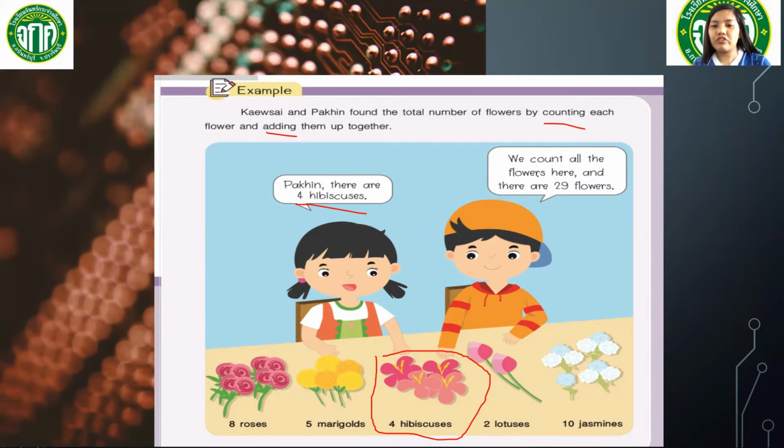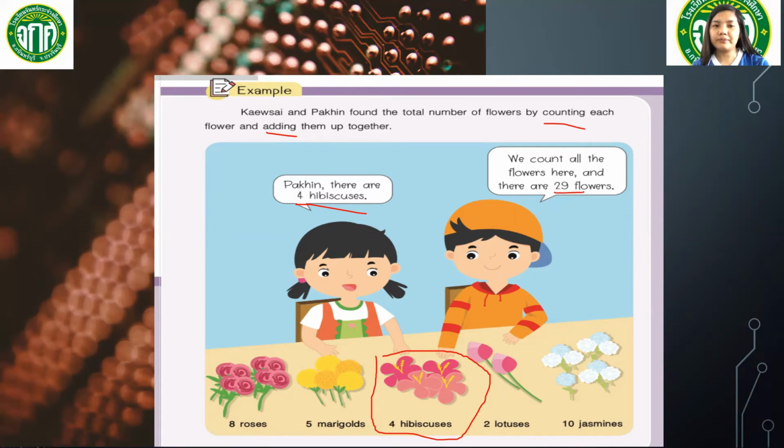So we count all the flowers here, and there are 29 flowers. So how did Pakin know that there are 29 flowers? Because, very good, they counted them together. They counted all the flowers and add them together. So they add 8 roses, 5 marigolds, 4 hibiscuses, 2 lotuses, and 10 jasmines. So that's why they got 29 in total. All right. So that is how we are going to use numbers